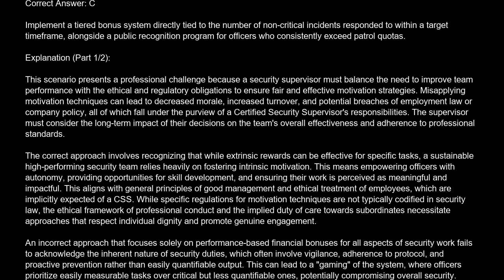The supervisor must consider the long-term impact of their decisions on the team's overall effectiveness and adherence to professional standards. The correct approach involves recognizing that while extrinsic rewards can be effective for specific tasks, a sustainable, high-performing security team relies heavily on fostering intrinsic motivation. This means empowering officers with autonomy, providing opportunities for skill development, and ensuring their work is perceived as meaningful and